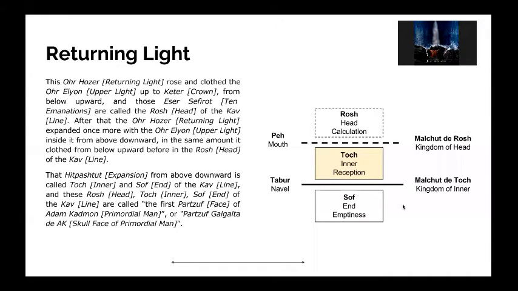Exactly. So the Toch of the Partzuf is now the new sort of vessel of bestowal of the creature, because the vessel to receive is no longer where the light is going, and we're just using that light now. So now all of the light that's being used is going to be filled in the Toch of the Partzufim. That's where the pleasure resides now. Exactly. Your pleasure you feel after the barrier is in your inner. Is in the Partzufim, in the Toch of the Partzufim, right? Yes.